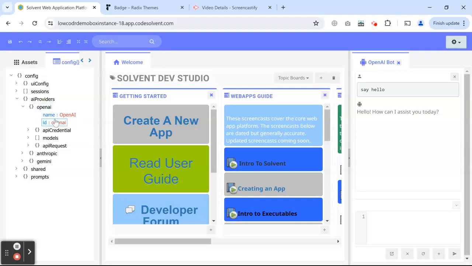If you replace this, let me do a quick check and see how that actually is handled. Okay, so if you replace